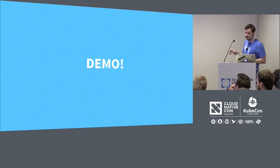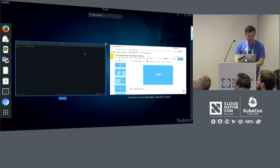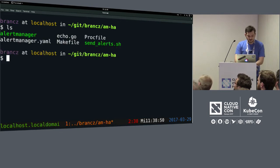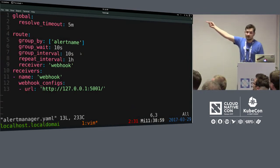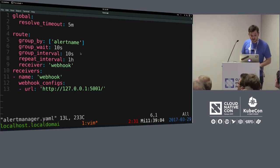So now that I've shown how this is supposed to work in theory, let's see that this actually works. So I've prepared a little demo. Is that large enough? Okay. So I have a simple Alertmanager configuration here, very similar to the one that I showed in my presentation, except that I group by alert name here, and whether that's a good idea or not is another discussion, but just for the sake of this presentation,